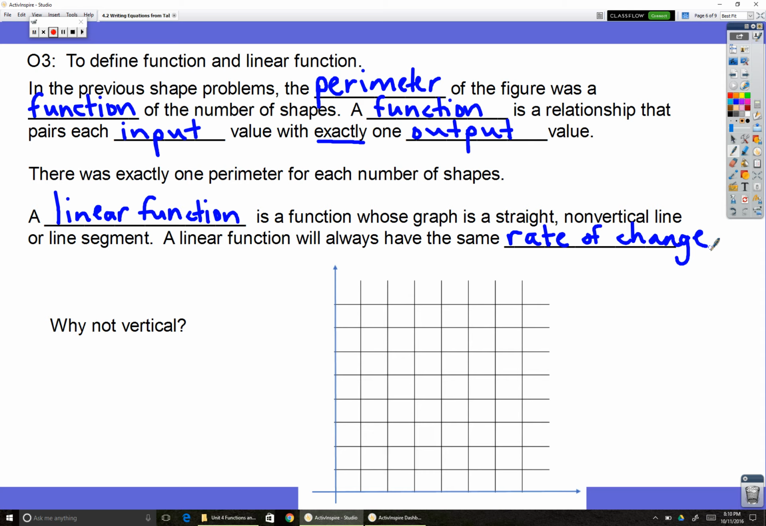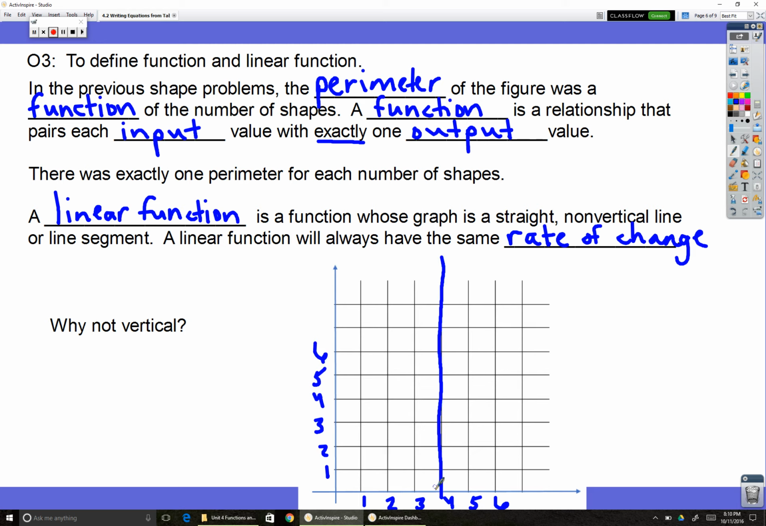Okay, let's take a look at why it cannot be vertical. So let's draw a vertical line. Let's label our x-axis. Whoops, I don't want a 0 there. Okay, fix that. I'm going to go just by ones. 1, 2, 3, 4, 5, 6. And 1, 2, 3, 4. We'll just go up 6 here as well. Okay, I'm going to draw a vertical line